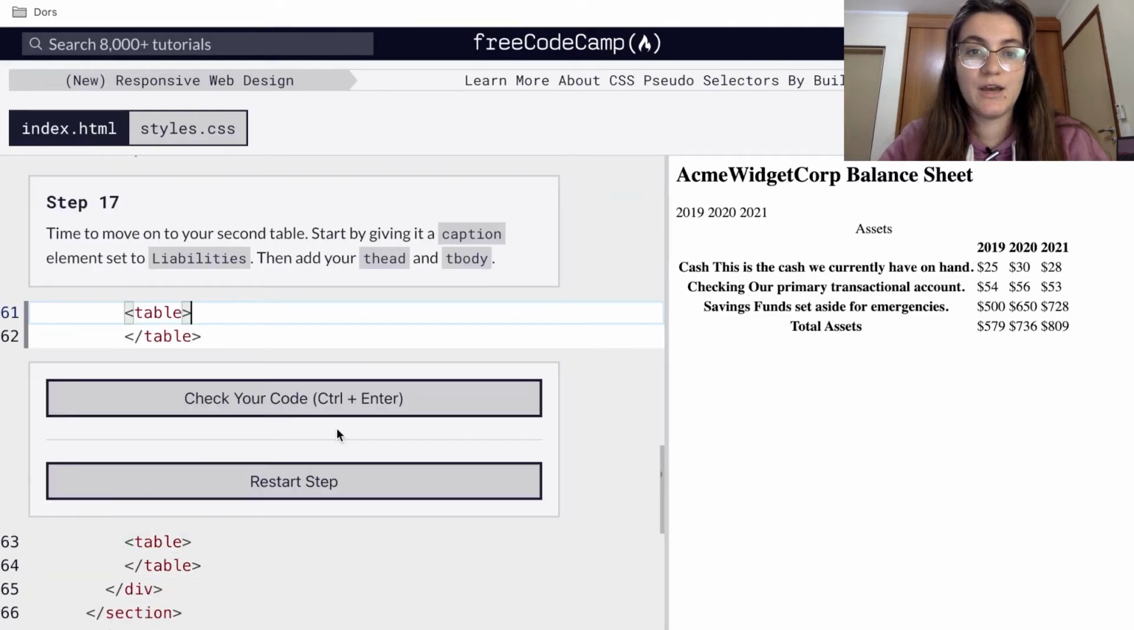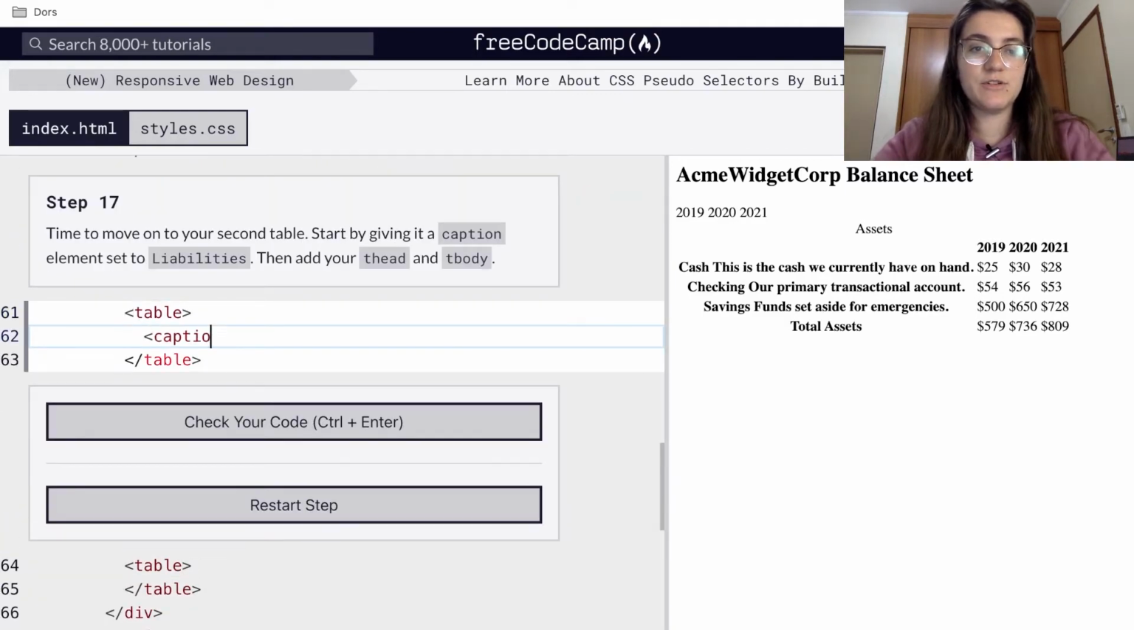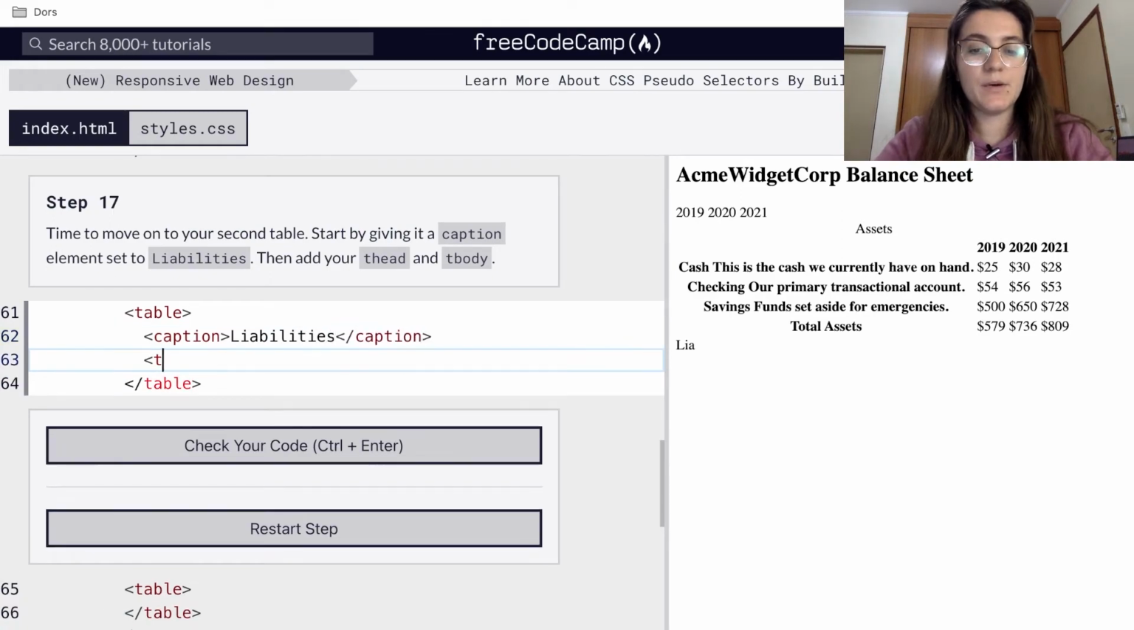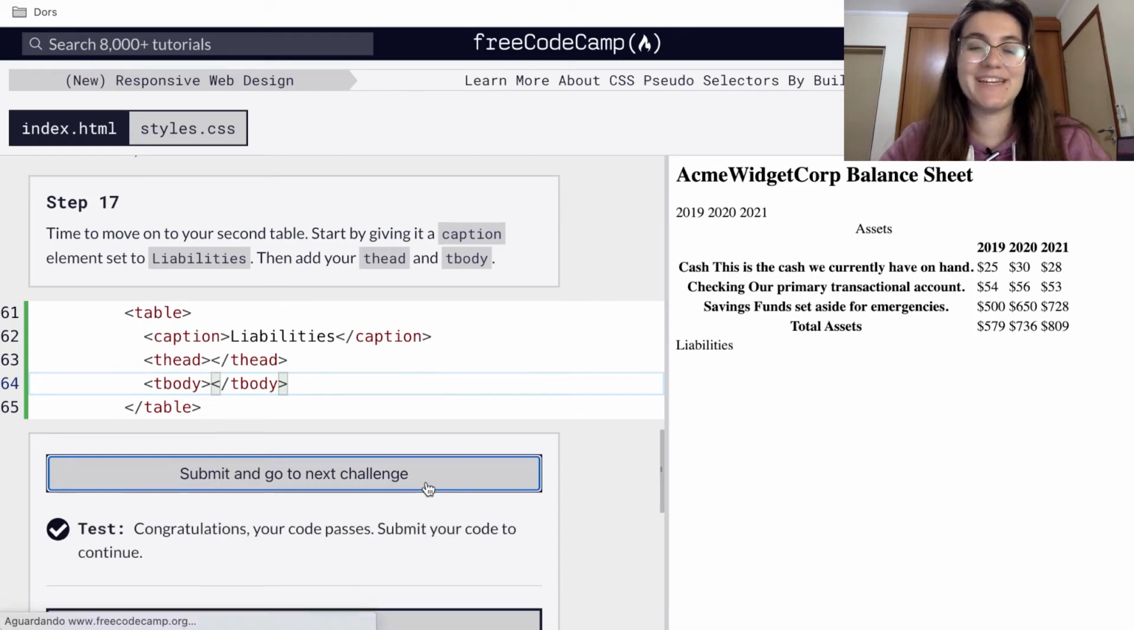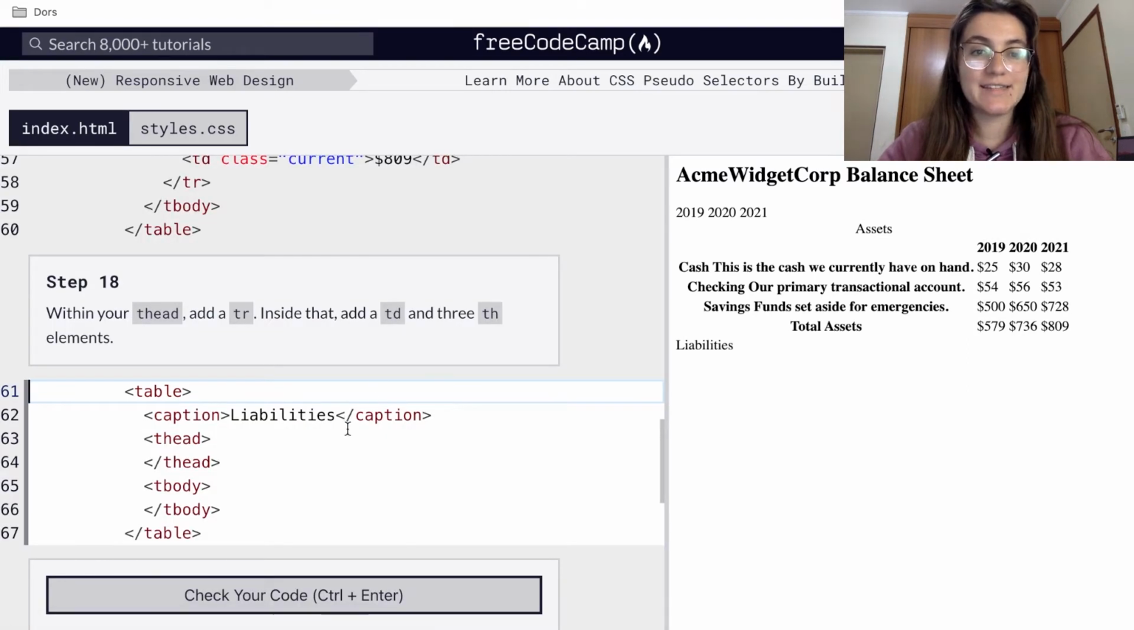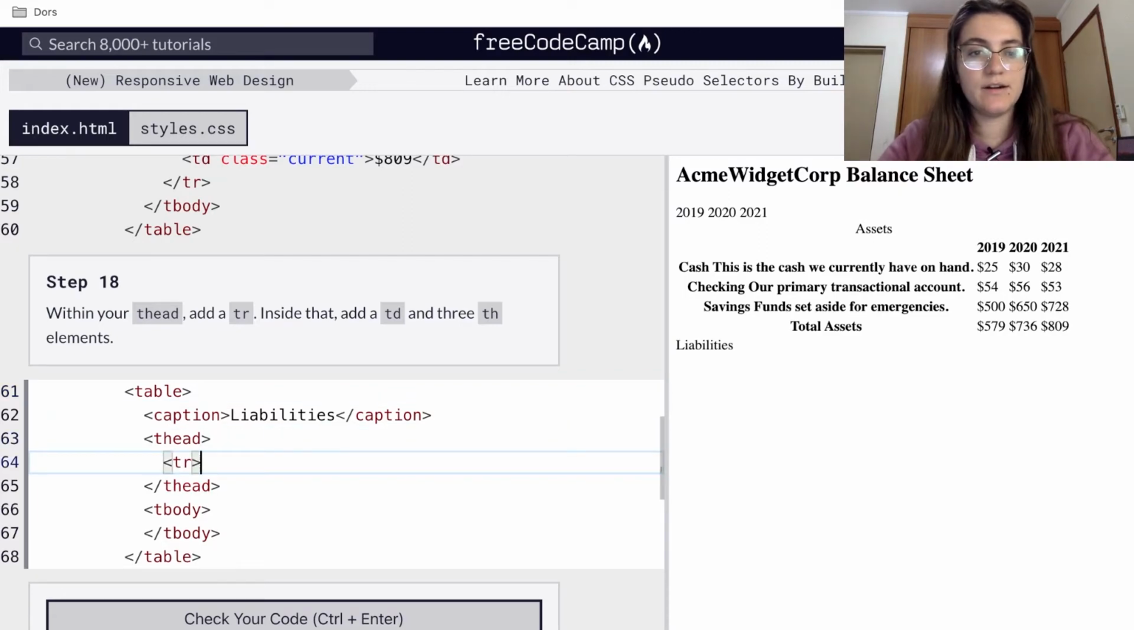and T rows. All right, so let's start here with caption and we're gonna add liabilities, caption. And then we're gonna open up a T head and close it, but we're also gonna open up a T body. And like I mentioned, we're gonna do exactly the same. So we can work with the next part. All right, now we're gonna add a TR inside the T head,